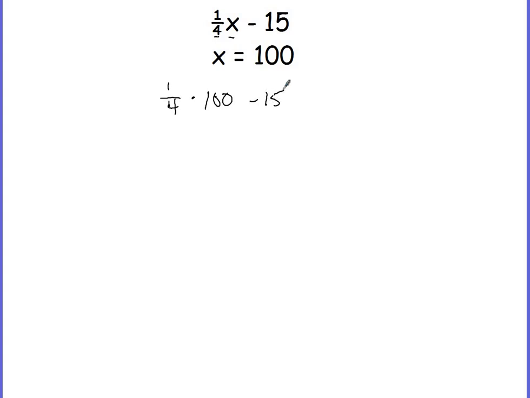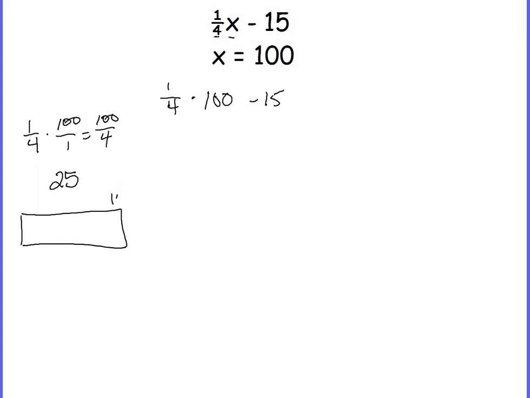Alright, again, if I'm not sure about my skills, I can go off to the side and do 1/4 times 100 over 1, and this becomes 100 over 4, and when I simplify that, I get 25. Another way to look at this is I'm taking 1/4 of 100, so if I have 100 and I break it into fourths,